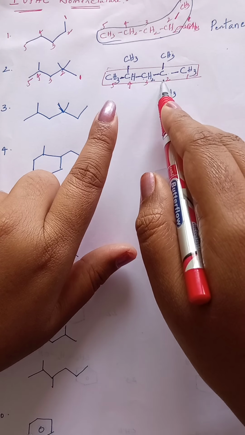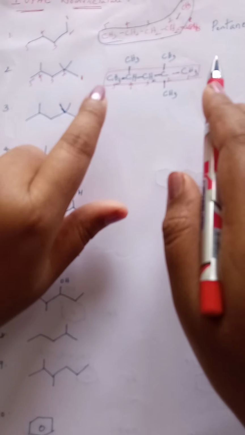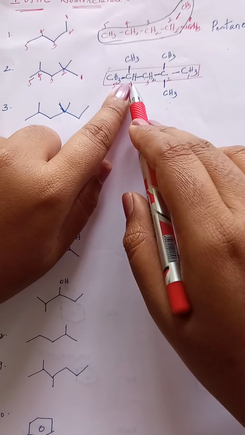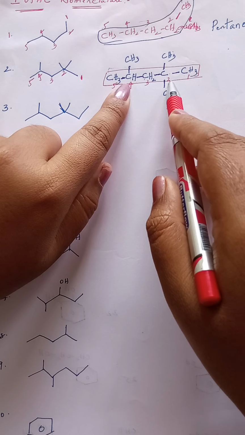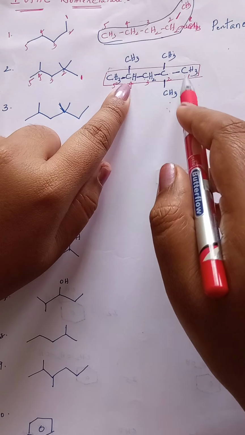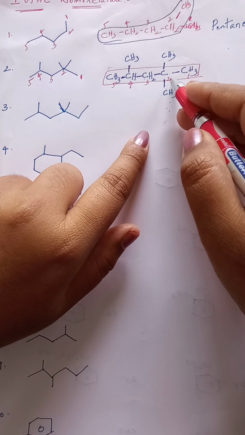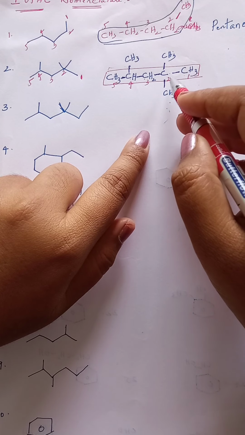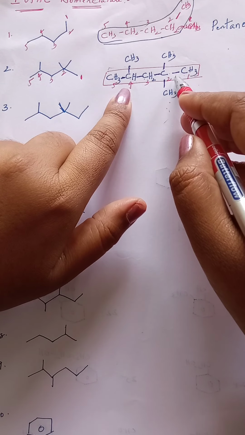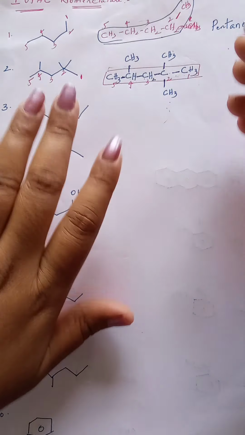We have to give the numbering in such a way that that carbon gets the lowest number. If given from this side, this will get the second number, this will get the 4. On this fourth carbon 2 are present, 2 + 4 + 4 it becomes 10. If you give numbering like this, on the second carbon 2 groups are present, 2 + 2, at the fourth carbon 1, 2 + 2 that is 4, 4 + 4, 8. So this will give the lowest locant number.